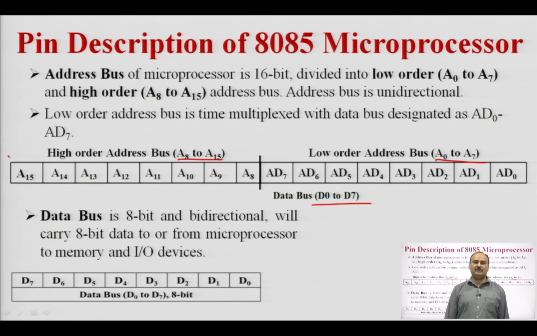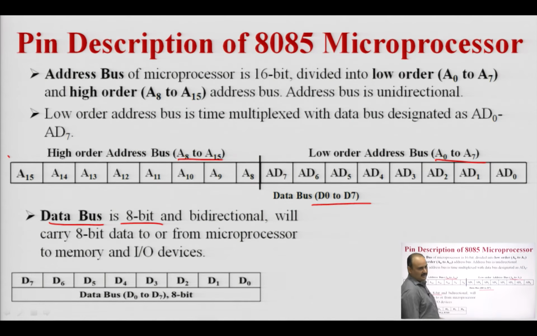First, we need to demultiplex the multiplexed address and data bus. This demultiplexing takes place with the help of a latch and the ALE signal. The microprocessor will generate the ALE signal, which will enable the latch, and the latch will demultiplex the address and data bus. In the 8085 microprocessor we have an 8-bit data bus. This 8-bit data bus is used to carry the 8-bit data during the execution of an instruction, or when the microprocessor executes a program. It is designated by D0 to D7.